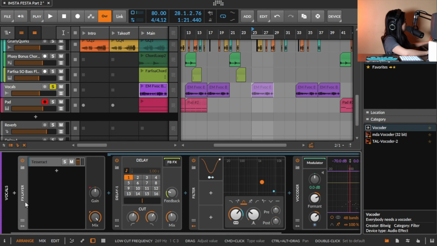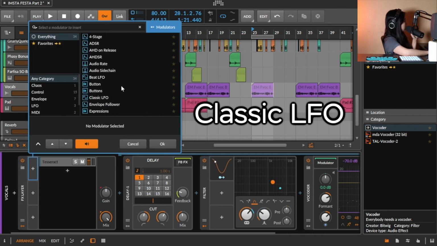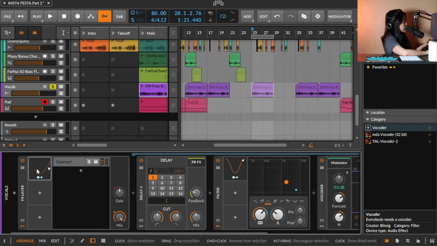So let's head over here all the way to the left. We'll click on the FX layer's modulator icon, similar to what we did just now. And here we've popped out the modulation options. But this time, let's add to the first box a classic LFO and let's sync it to the tempo of Bitwig. So I've got it pulled up here in the first box, but to fine-tune the LFO parameters even more